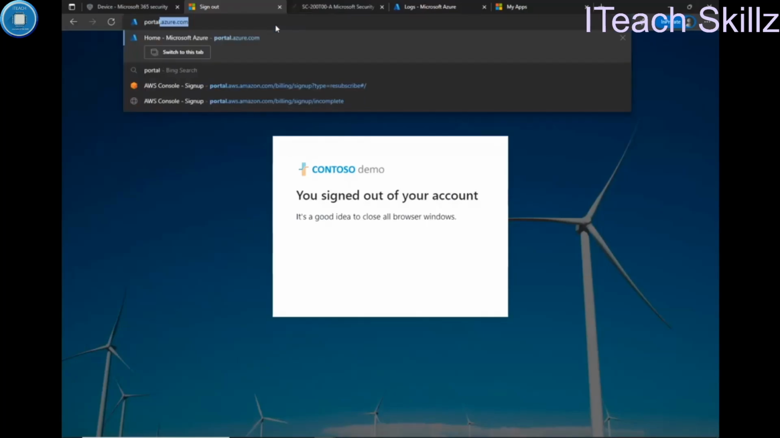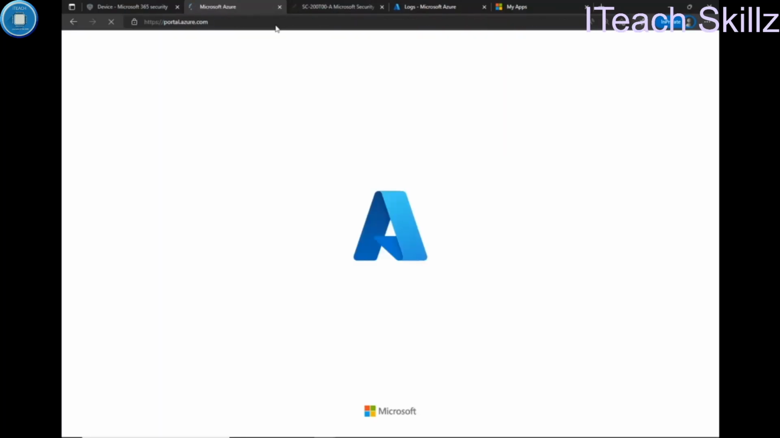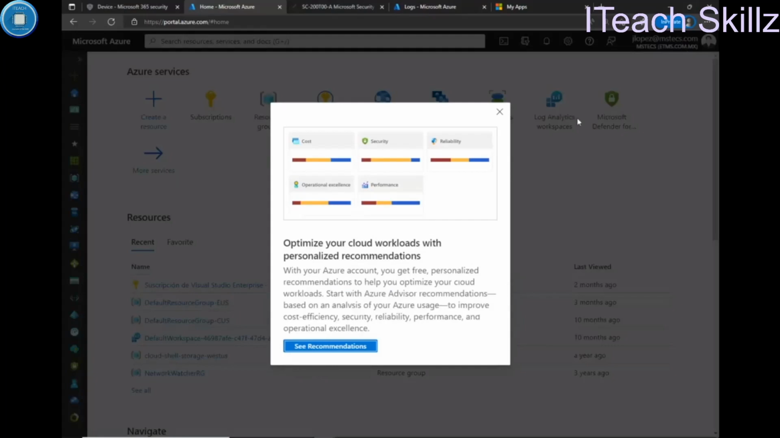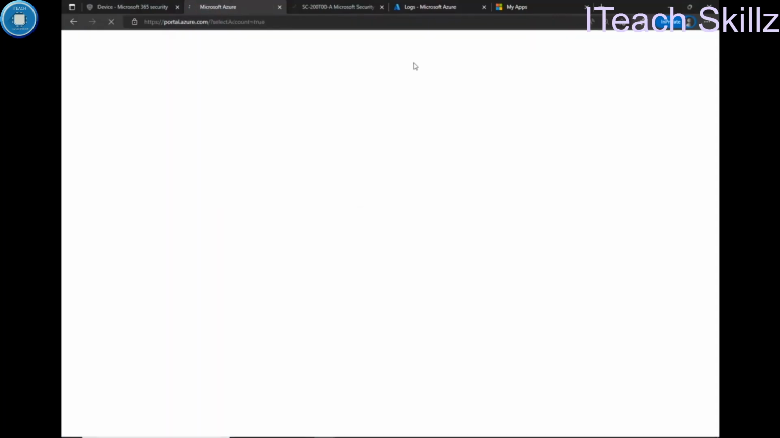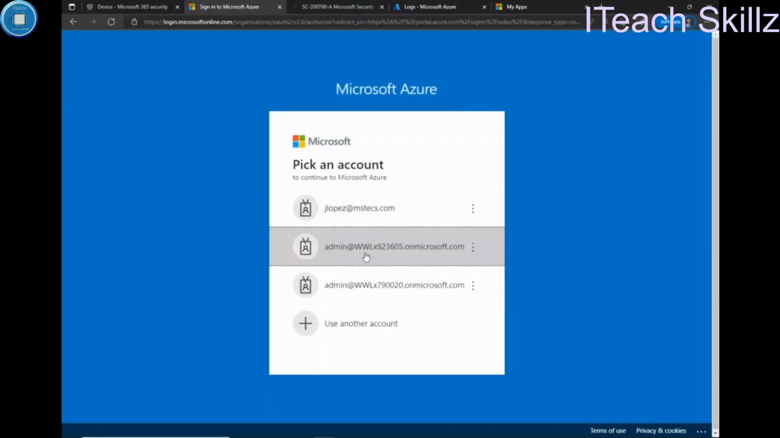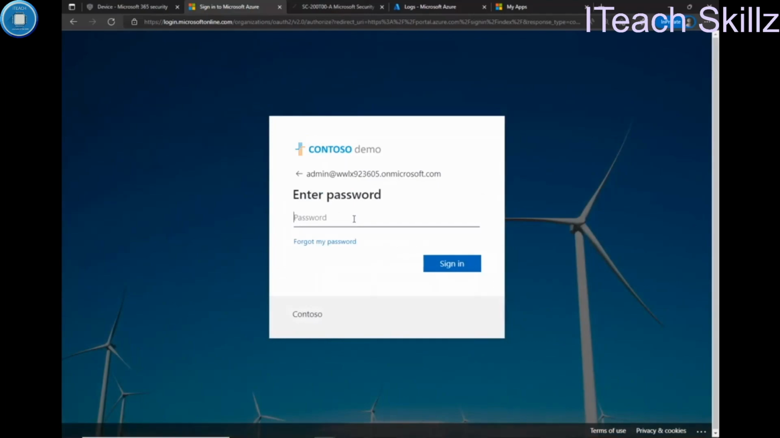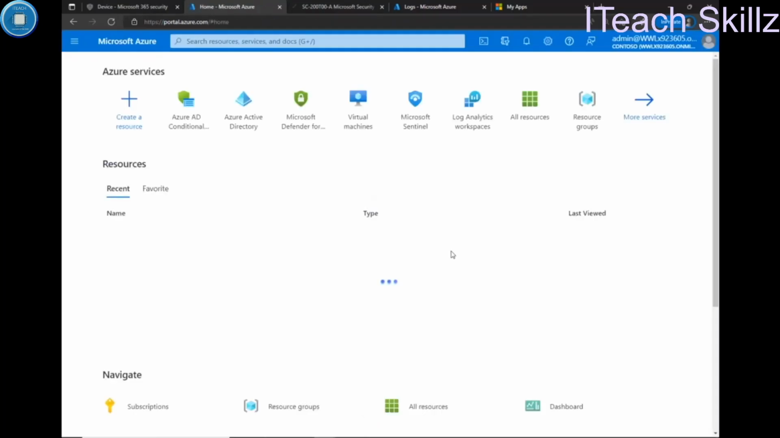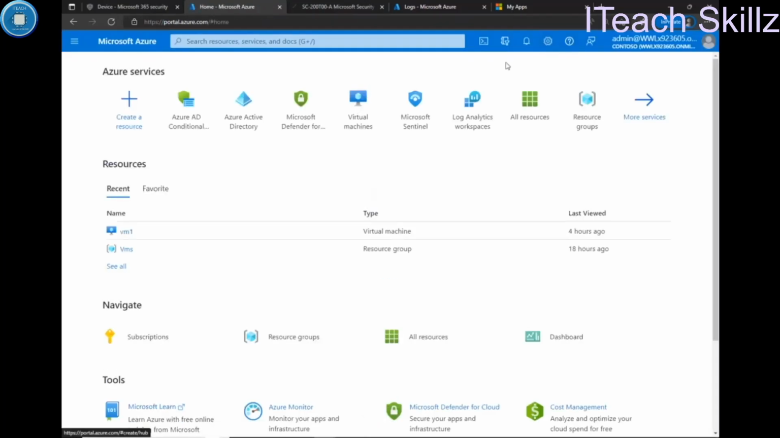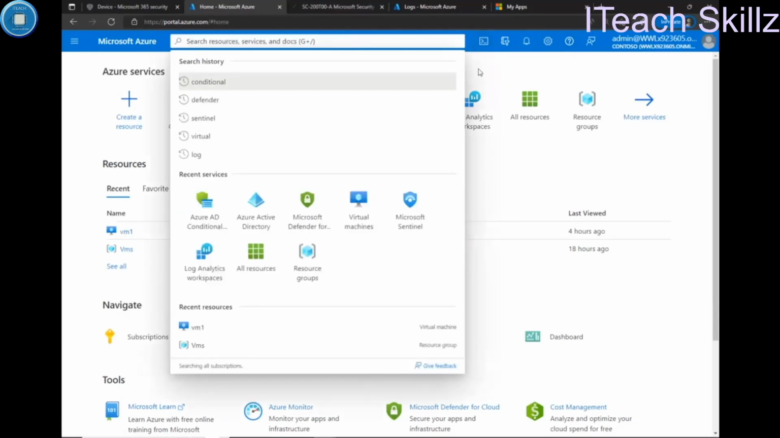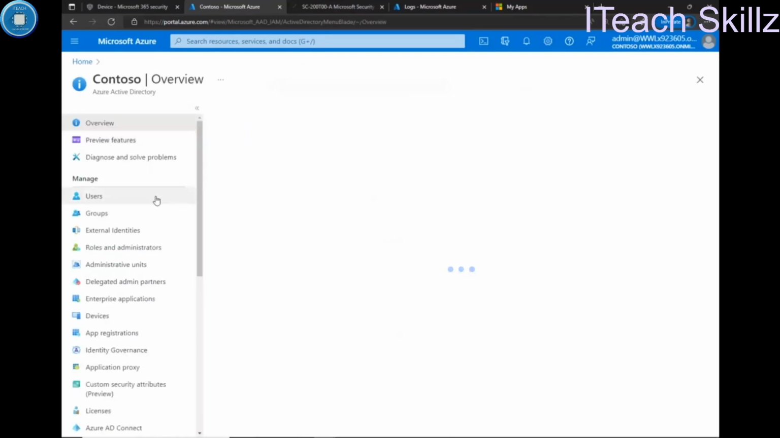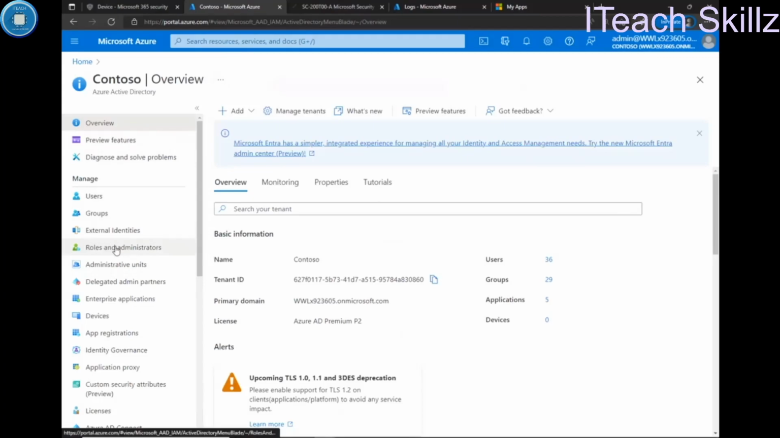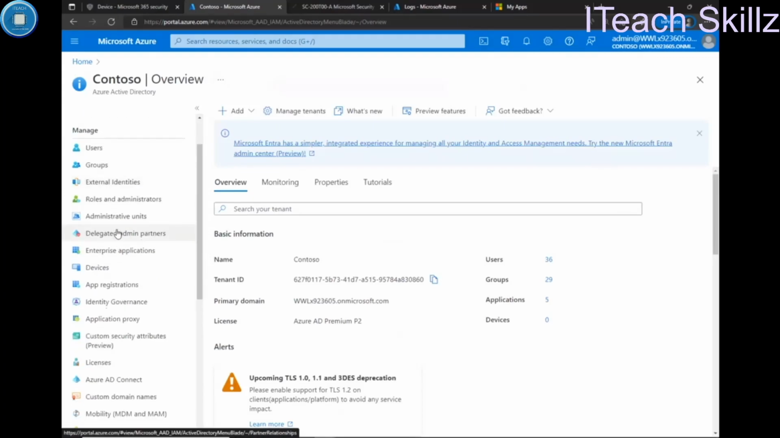So let's go again to the portal, Azure portal, and sign in, but not with my account. However, within this account, to see what happens. Now let's take a look here. Also, we can access the same conditional access policy